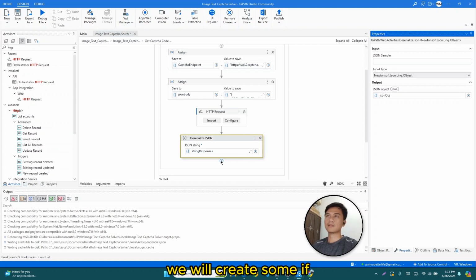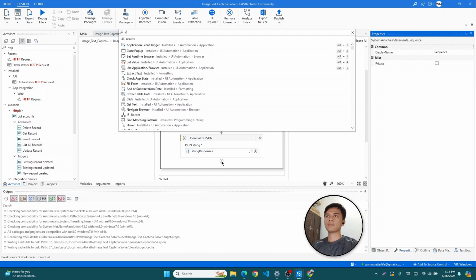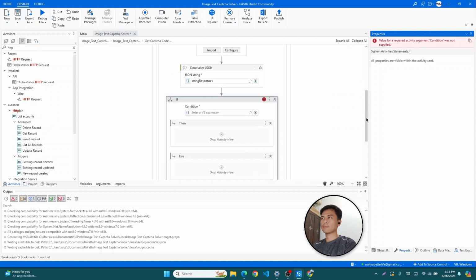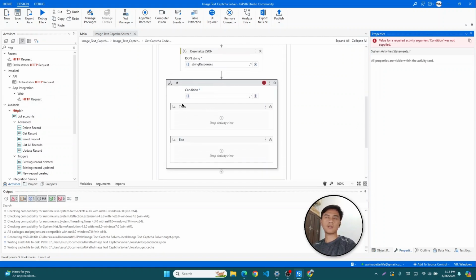And after that we will create some if. In here we will add JSON object dot select token, status dot to string equal to processing. Okay,